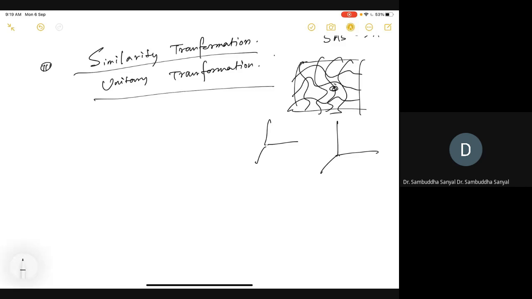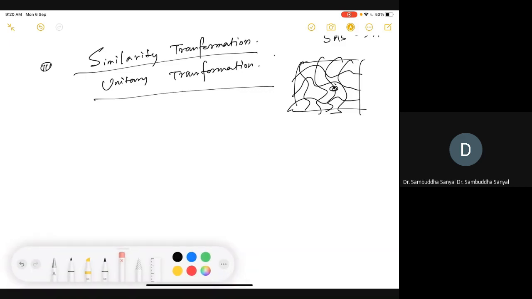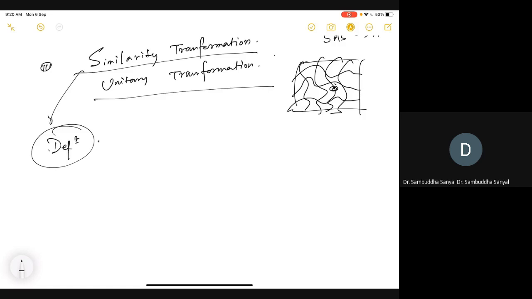So let me define similarity transformation in an abstract way, then I will go into the examples. So the idea is the following. Definition: let A and S be two linear operators on the vector space V. Then this transformation SAS inverse is called a similarity transformation. Just a definition right now. I'm just tagging a label or a name to this object. Okay, it's not yet much, but we'll see there is some desirable property for this.